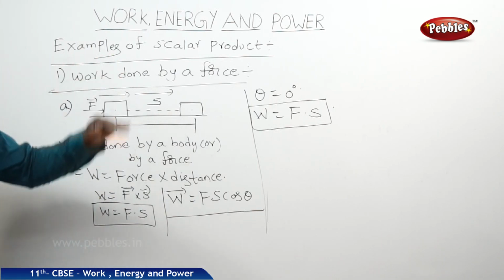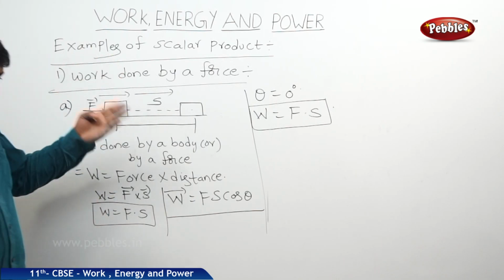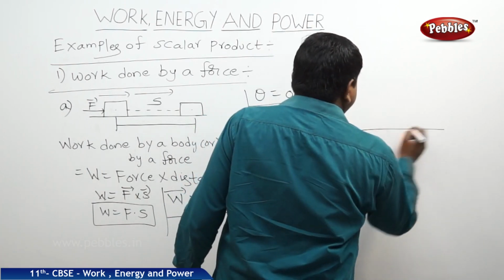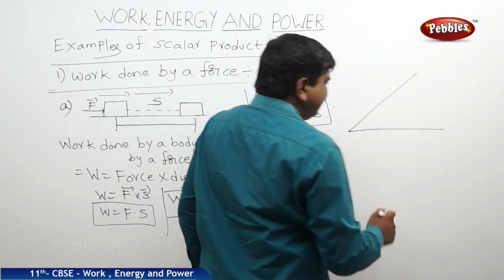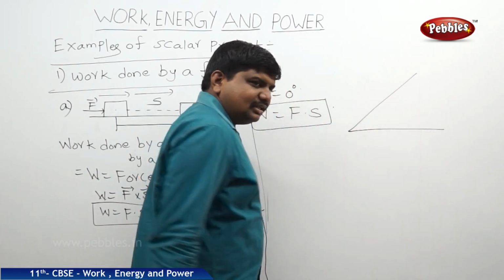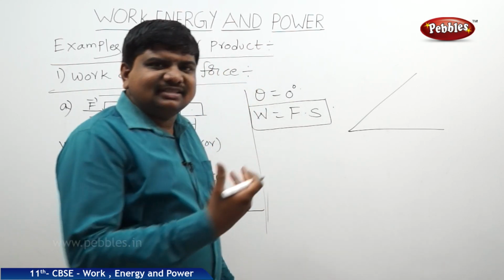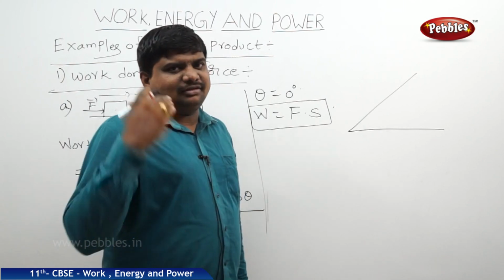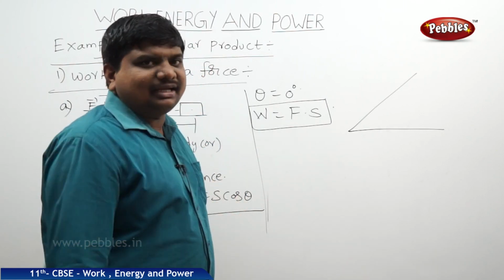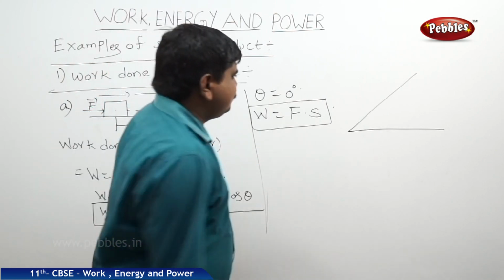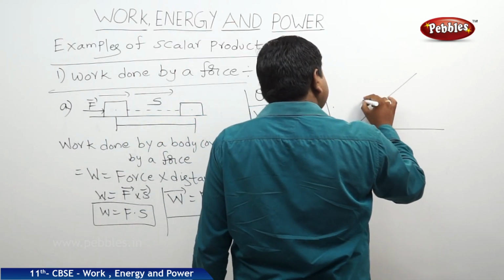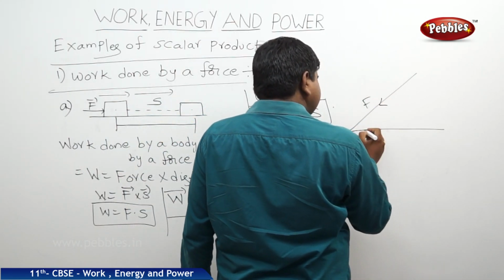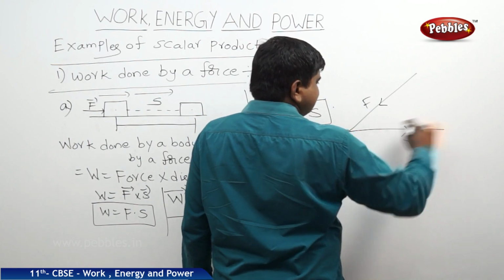This is one of the examples of work done by a force. In another way, if a force is applied in one direction, the displacement is in another direction. Let us take a billiards game or a carroms game. Sometimes we will see oblique collisions with the carom striker or carom snooker. So this is the applied force. With respect to that, here the object is, and after that the body moved in this direction.